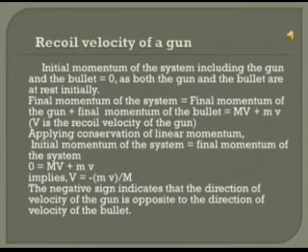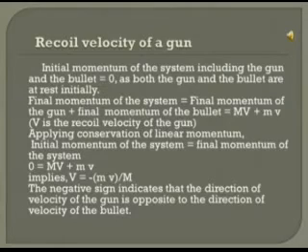which is equal to capital M into capital V plus small m into small v, where capital V is the recoil velocity of the gun and small v is the final velocity of the bullet. By applying the law of conservation of linear momentum, the initial momentum of the system is equal to final